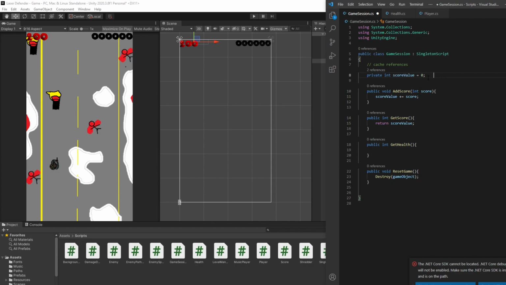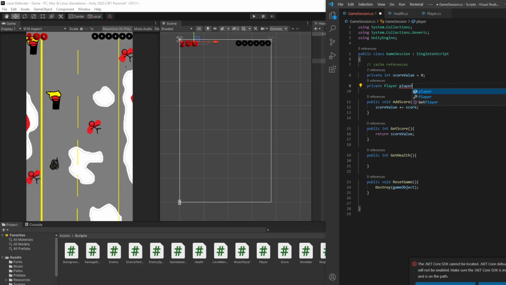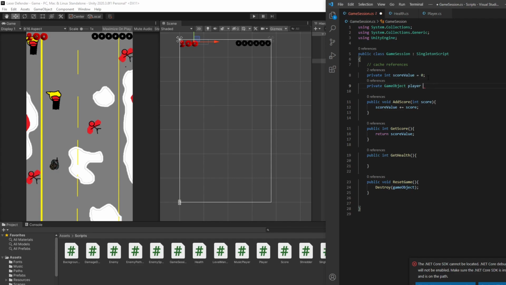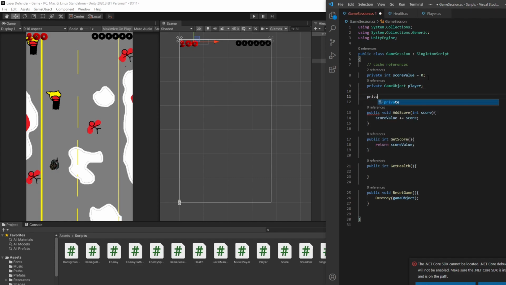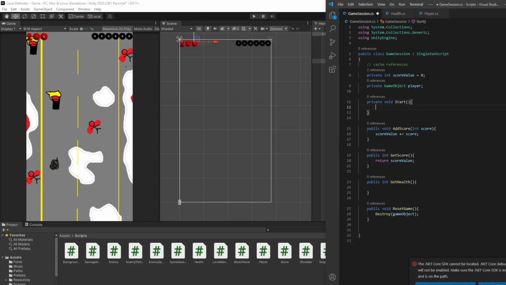Since there is only one player, right? Private player, or it should be game object actually. Private void start, and then we're going